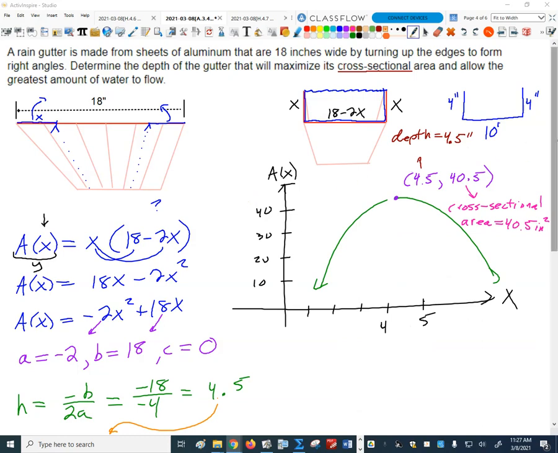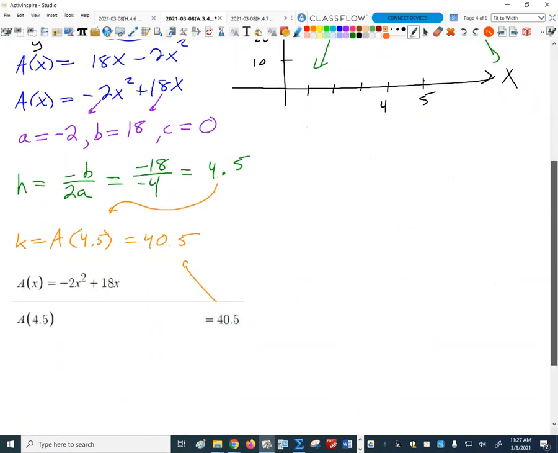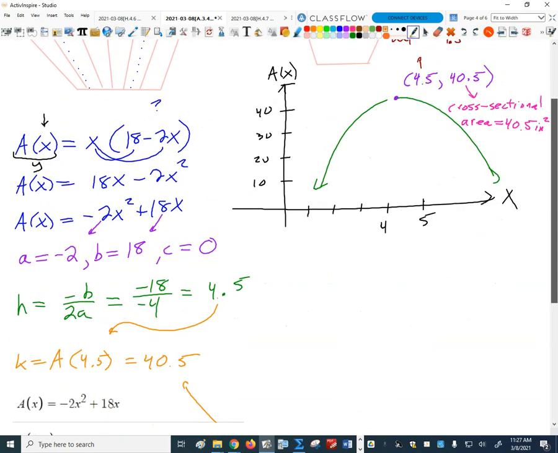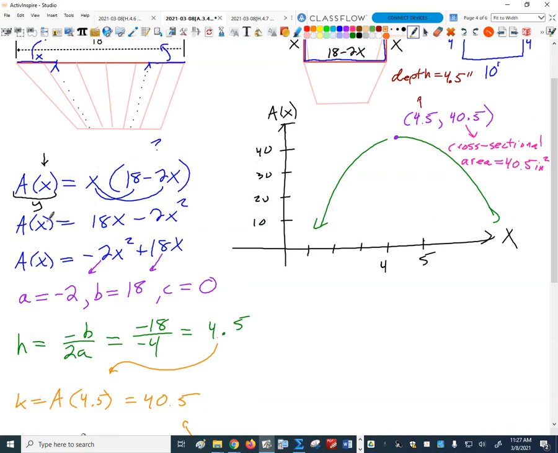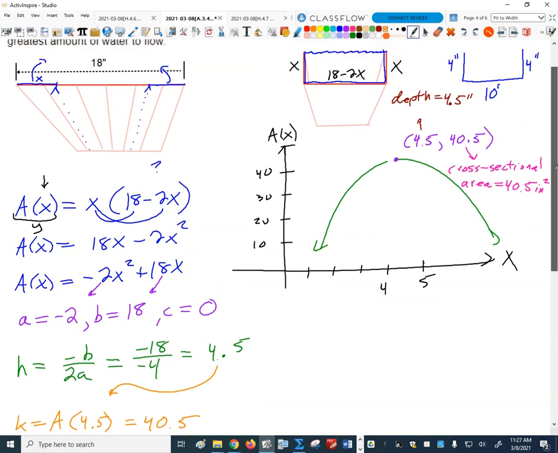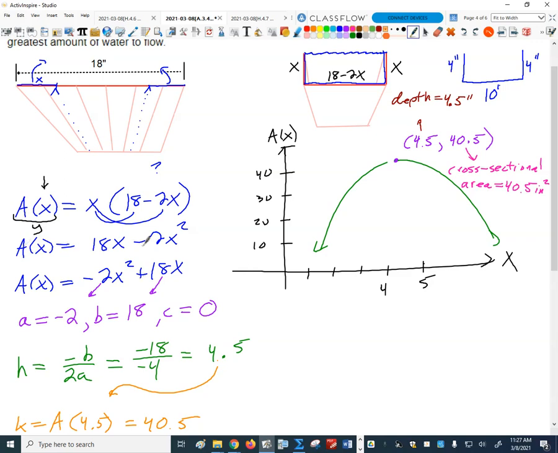I know I've got this downward opening parabola. Just find the coordinates of the vertex, and that represents a maximum because my parabola opens down, right? And the only reason that works in this case is because the function that we built for area happens to be a quadratic function in standard form. If it had been a different kind of function, then we would have had to approach this problem differently, and we'd need a little bit of different math for it. But we're talking about quadratic functions. And so in this case, we ended up getting an area function that's quadratic,